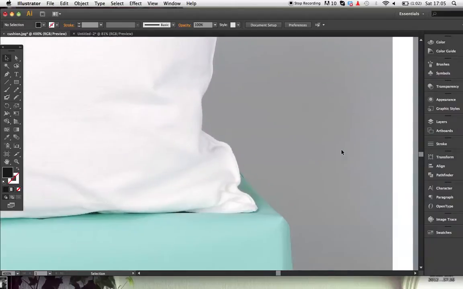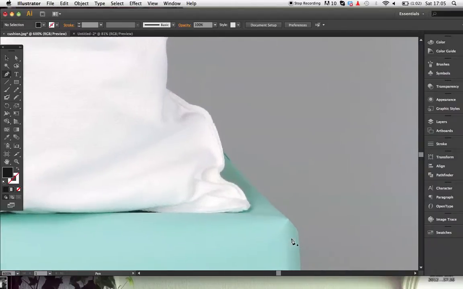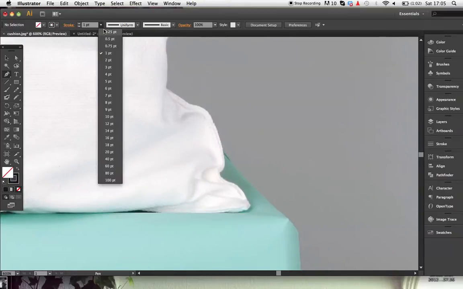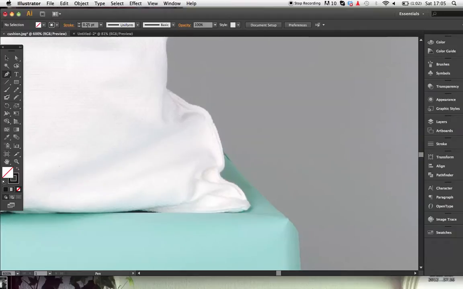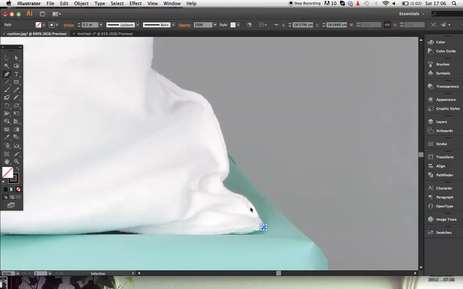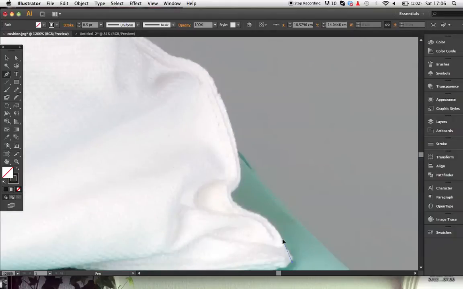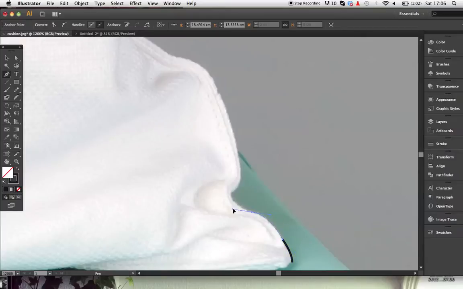So zoom in, get your pen tool, and you just want to switch to outline, and then I usually put my stroke on. You could probably go lower than that, do 0.5, and just work your way around the edge